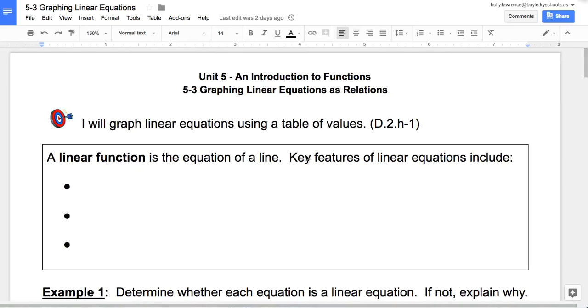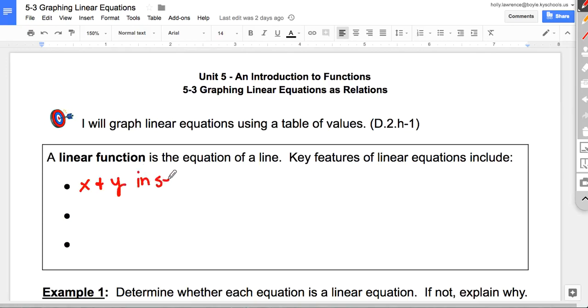We're going to start looking at linear equations. Linear equations are equations that, whenever you graph them, result in a line. We're going to start off looking at key features of linear equations. The key features are that they have x and y